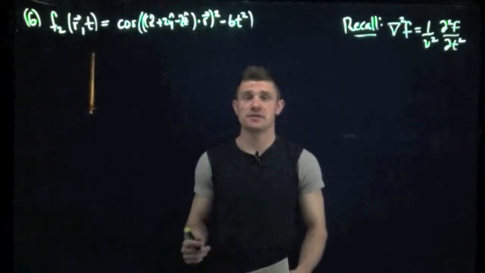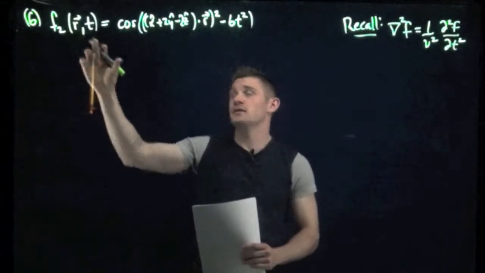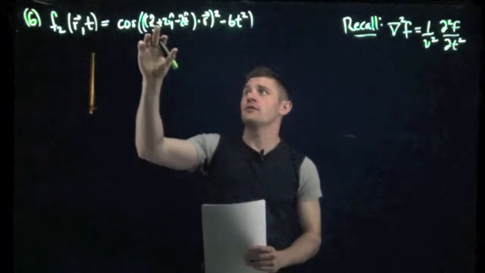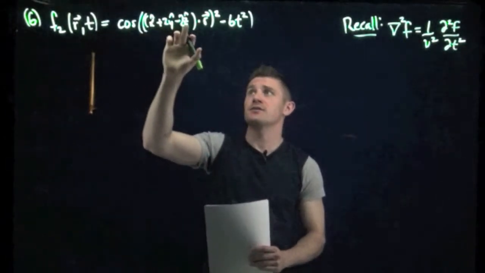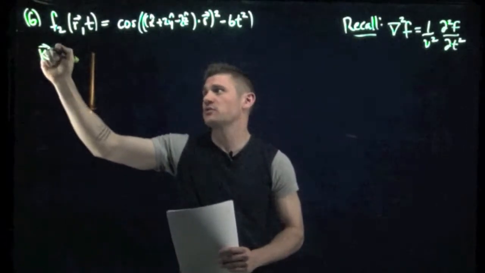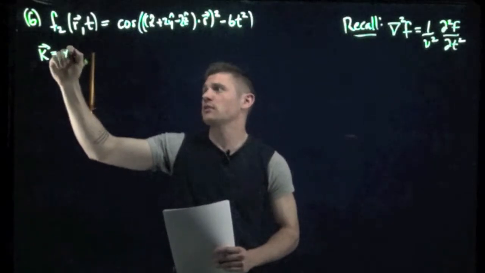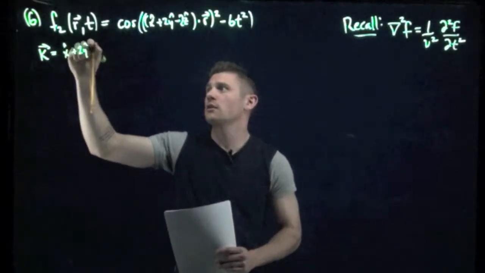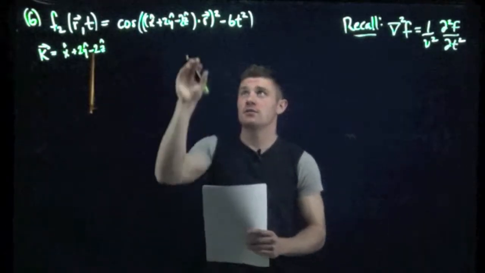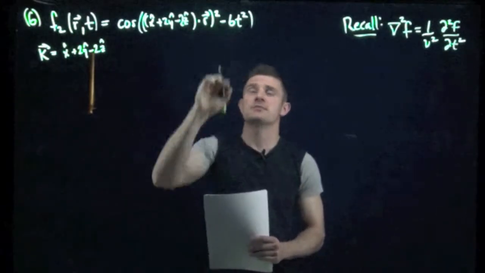For part 2 of question 6, I'll be working through the second function. So the second function is f2. It's a function of r, the r vector, and t, and it's given by the cosine of x hat plus 2y hat minus 2z hat, so that's just our k vector. We know that it's essentially similar to f1, where we have our k vector dotted with our r vector, but here the k vector is given explicitly by x hat plus 2y hat minus 2z hat. It starts with k dot r, the whole thing squared, and then it's minus 6t